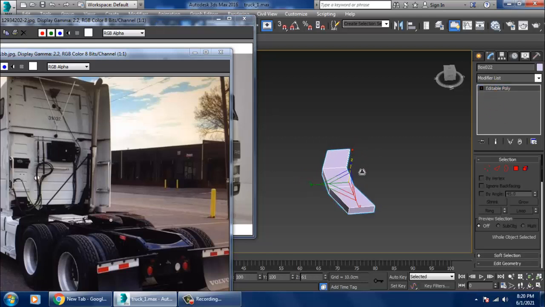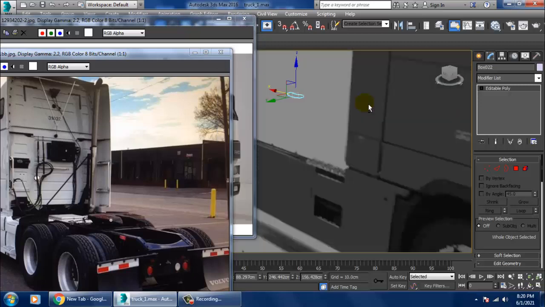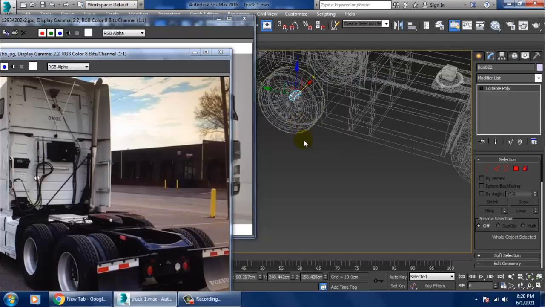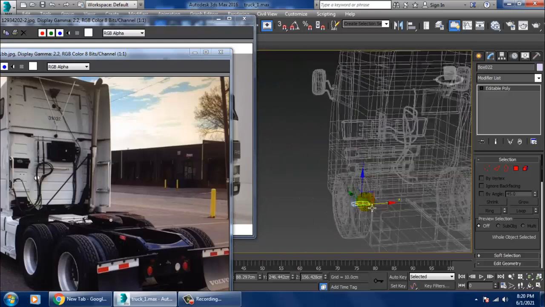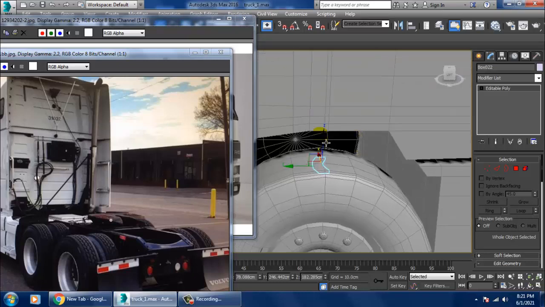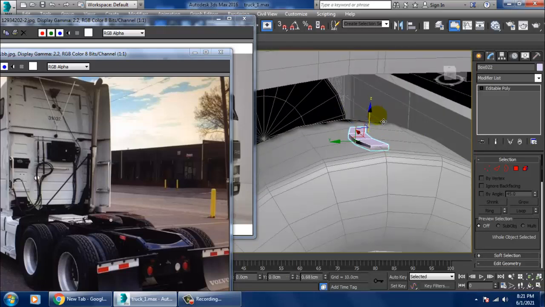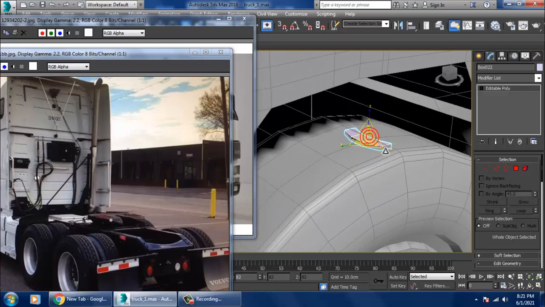Scale that down. So I'll just align this over here. Scale it. Slightly just push that up over here. I'll scale that.